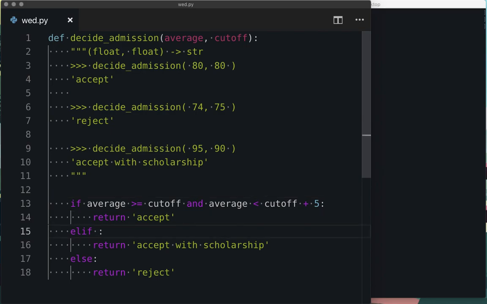Does everyone understand why we had to add that? Because if the first thing had triggered, we would have left the program, right? And anyone who was supposed to get a scholarship would merely have been accepted. Okay, so now what can I say here? So if average minus cutoff is greater than or equal to 5, right, then we do this. Although,